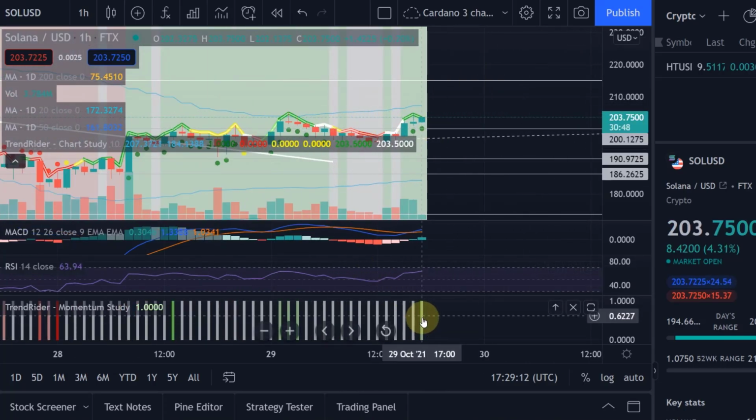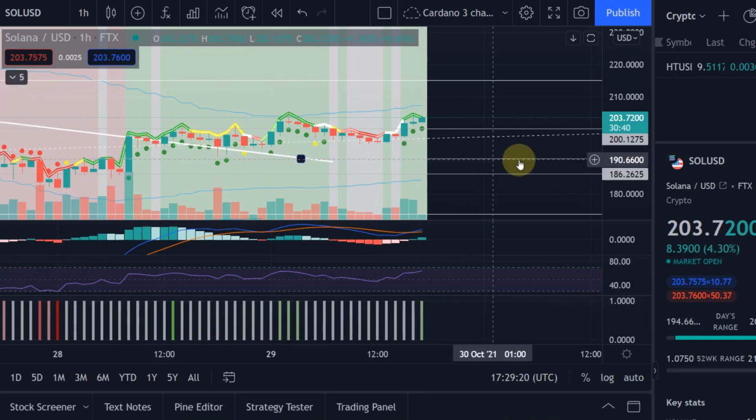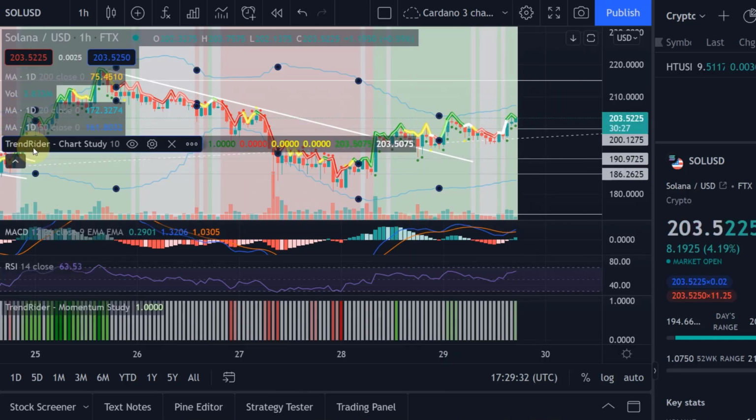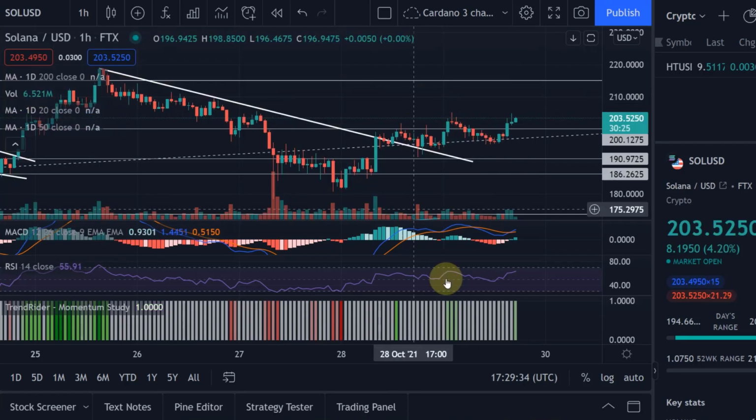I had a buy signal flashing down here. The trend rider momentum study is going green, which on the 1 hour chart is already a buy signal. Now that doesn't mean it is guaranteed to go up from here, but it is generally a reliable buy signal. I thought that was reason enough to make a video and give you an updated TA, because we haven't done one for a couple of days, I think, on